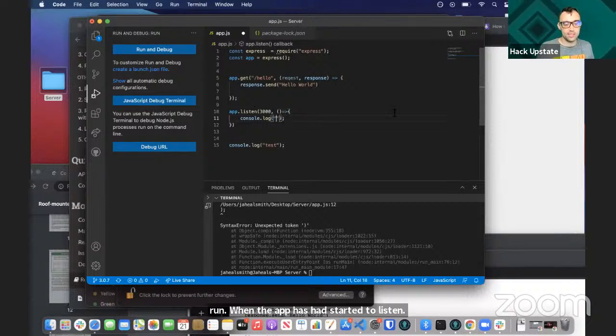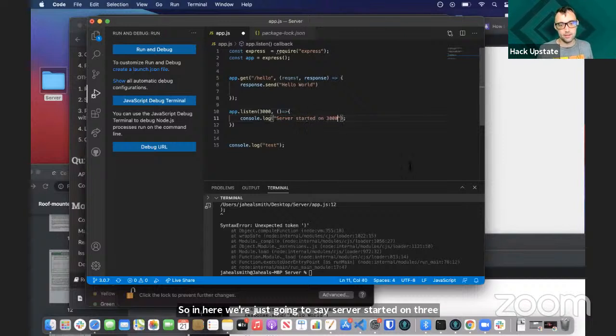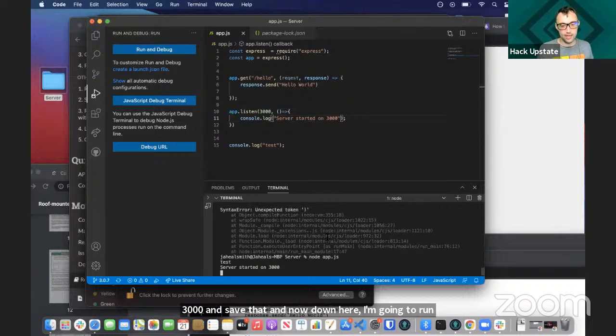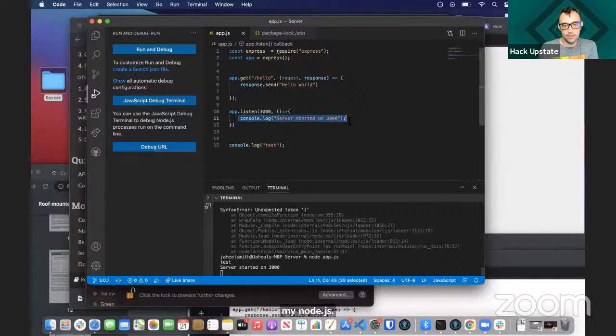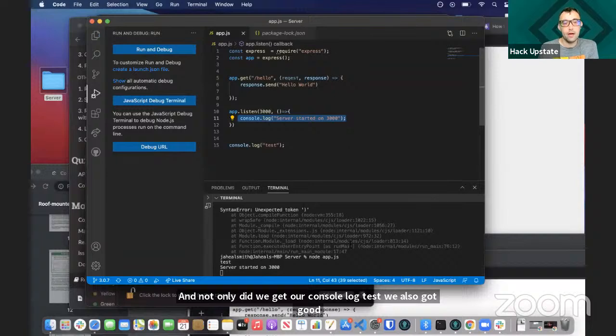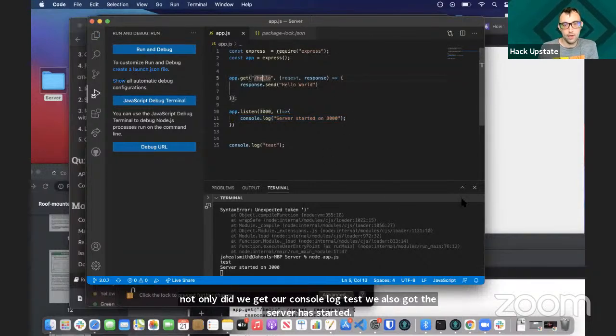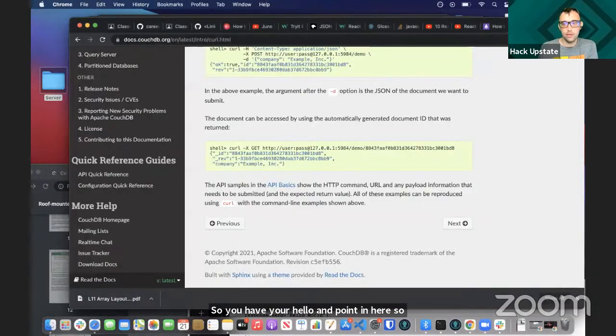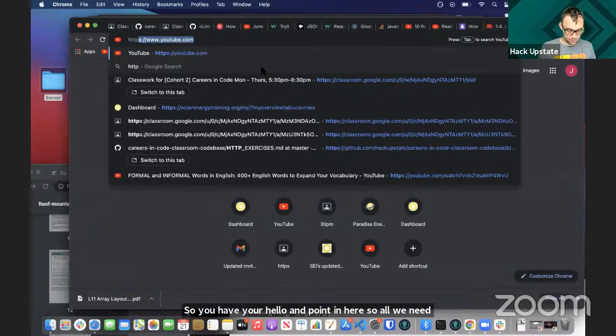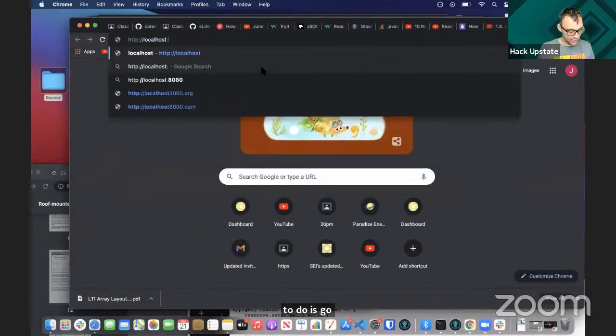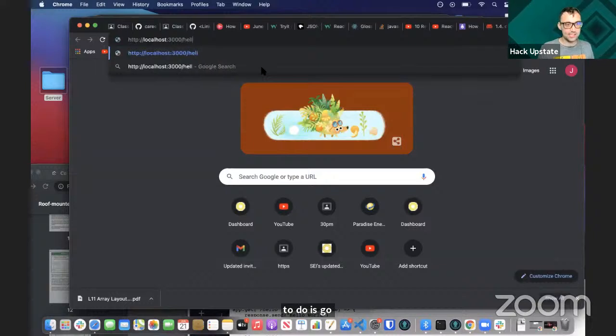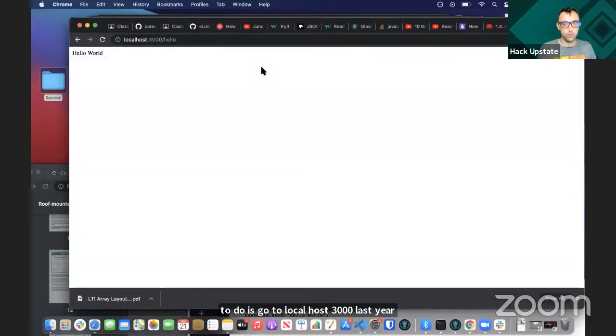In here, we're just going to say server started on 3000 and save that. Now down here, I'm going to run my node app.js. Not only did we get our console log test, we also got that the server has started. So you have your hello endpoint in here. All we need to do is go to localhost 3000/hello, and there's your hello world.